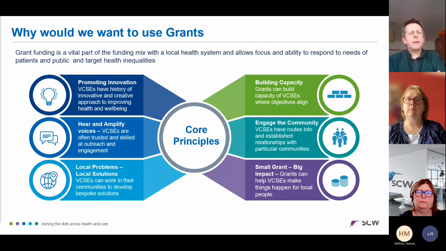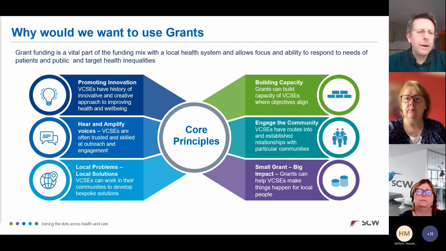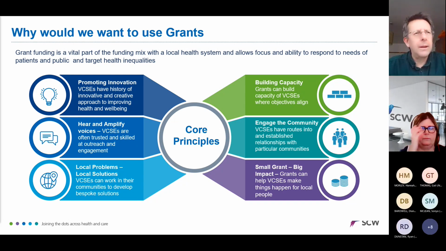So why would a local authority or the NHS want to use a grant to work with a charity? Well, VCSEs have a particular unique place within our society, don't they? They can contribute to our social fabric and the social value that we want to get from a lot of this. But the key areas that we pulled out here is that we believe that VCSEs are great